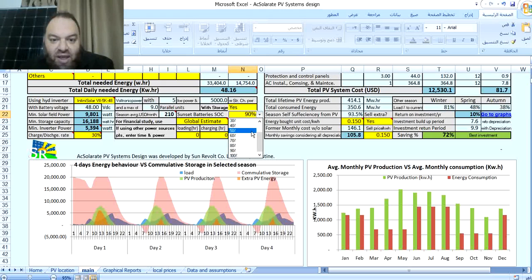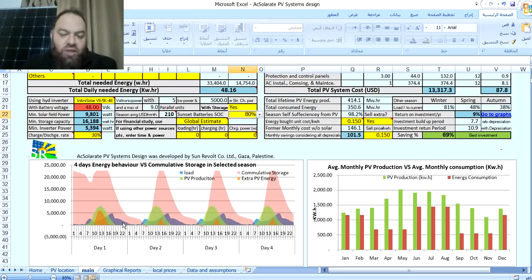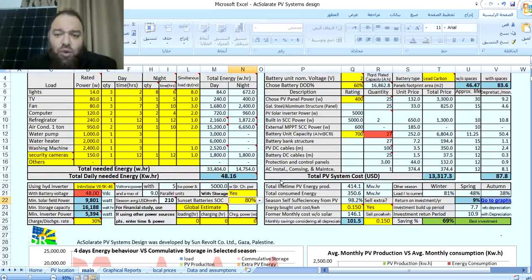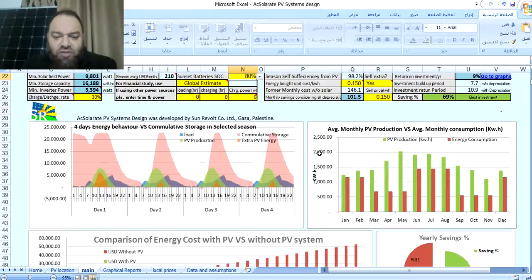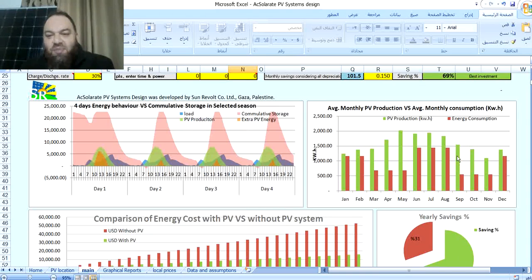What about if you put it at 80? You still might lose some power at this load, the load that we have entered. But the assumed load can also be changed, and maybe 80% is good, and this can be neglected or modified when you load the system, or even you can go deeper than 60% depth of discharge, and that will help eliminate this problem. Okay, and this other graph will show you the monthly PV production compared to the energy consumption.